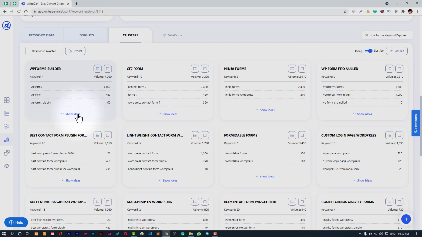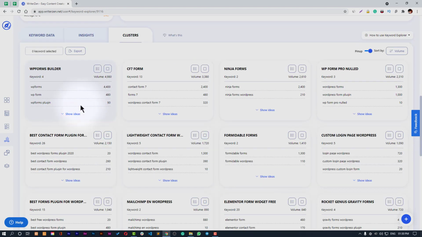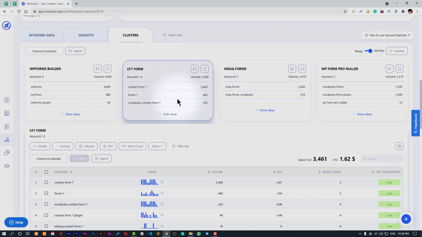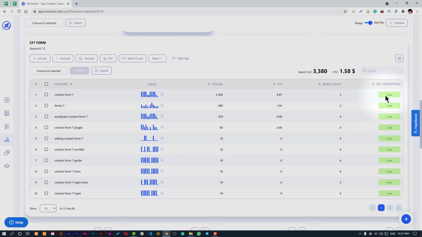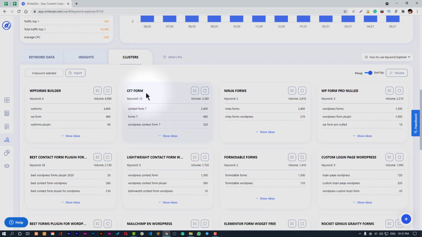But you can also see that the competition is high, so if the volume is there, the competition will be there. In this cluster, you can see that all the low competitive keywords are there, but the volume is less, and the cluster is based on some identical name, so you can find them.